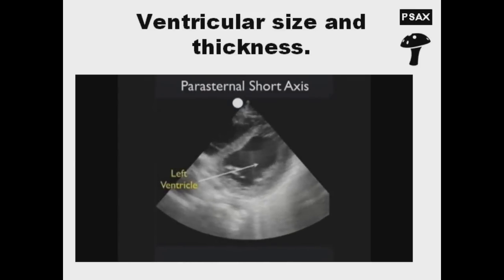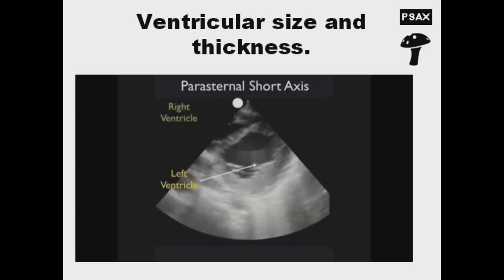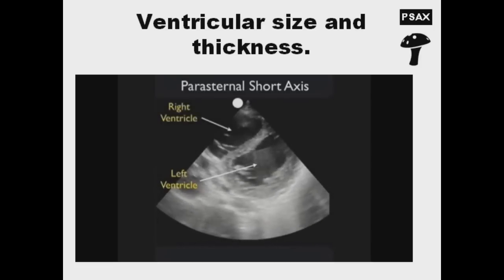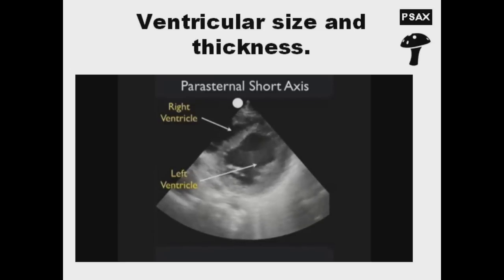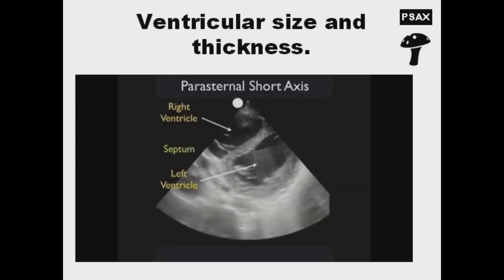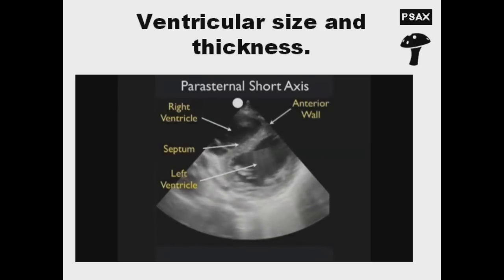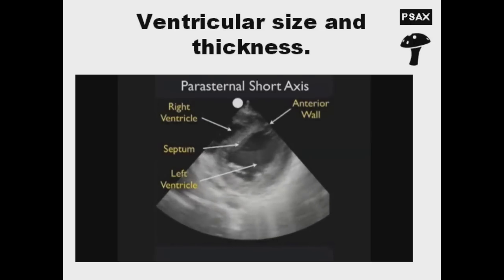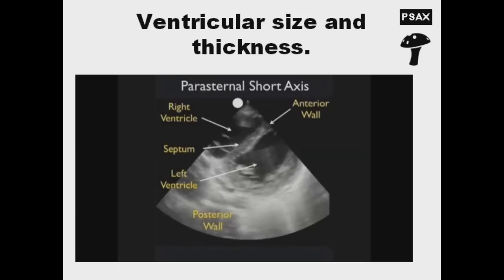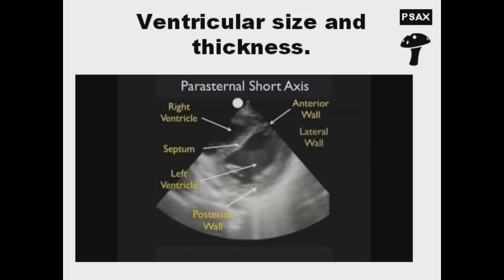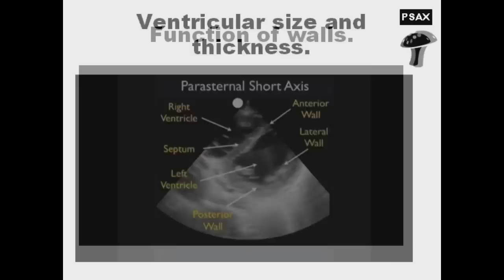Note again the left ventricle, and note here the poor percentage change from diastole through systole, indicating an advanced cardiomyopathy with low ejection fraction. We can also see the right ventricle anterior to the left ventricle. For learning purposes, we'll identify the walls of the LV: the septum in between the ventricles, the anterior wall to the top of the screen, the posterior wall to the back, and the lateral wall as shown here towards the right portion of the screen. Now while I show the walls,